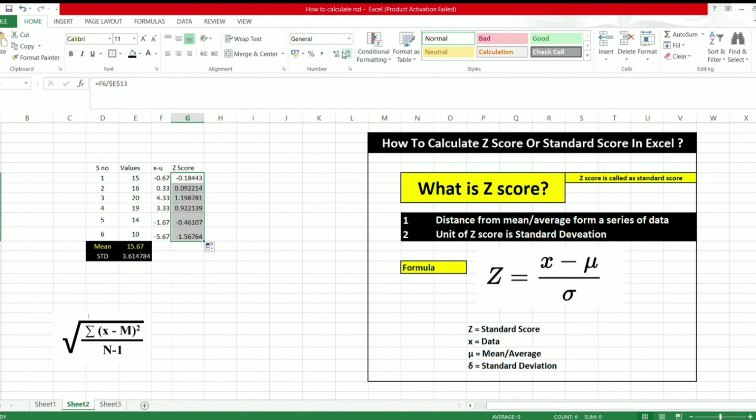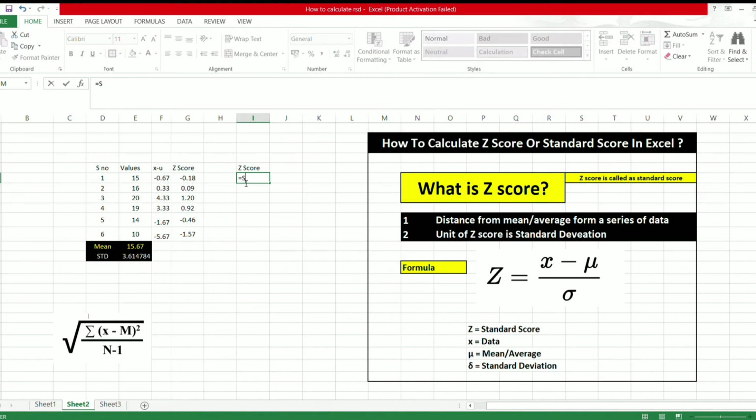I think you understood how to calculate Z-score using Excel, and there is one simple alternative formula. Without calculating the x minus mu, we can calculate it. I will explain in this cell. Here Z-score, type the formula STANDARDIZE, and first it is asking for x.